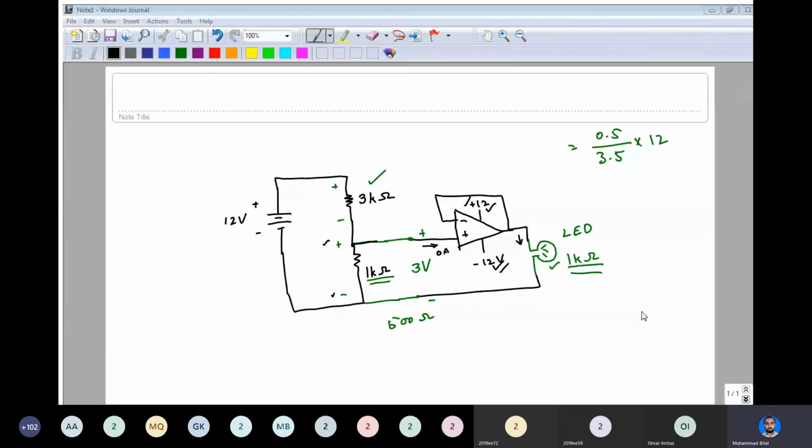Because we don't know every time what we are going to connect at the output of this voltage divider circuit. If we know this, then we can add the resistance of that output into our design procedure. Otherwise, in that situation, no need to use an operational amplifier at all. That will save the cost. We can make our circuit simpler. But if we don't know what will be the device that we are going to connect at the voltage divider circuit, then this is the procedure.